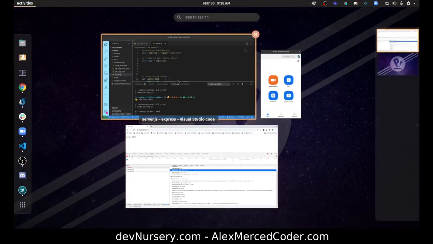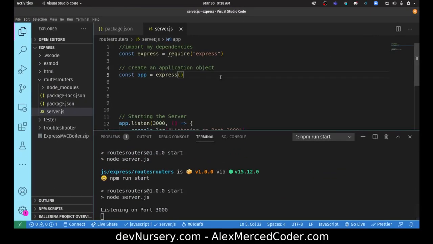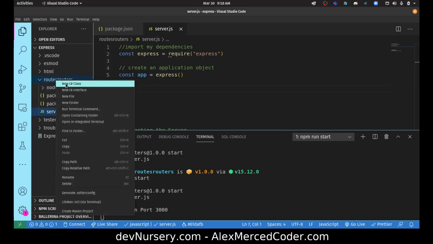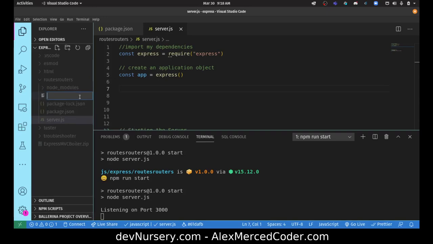Okay, cool. And basically the way it works is that whenever there's a match, it runs a function. So I'm going to create a function for every route. Actually, I'll just do it as a separate file, just to show you that a function is just a function. So I'm going to create a new file. We'll just call it